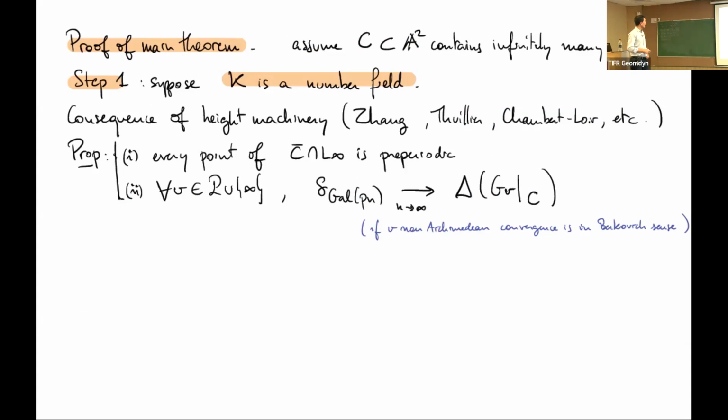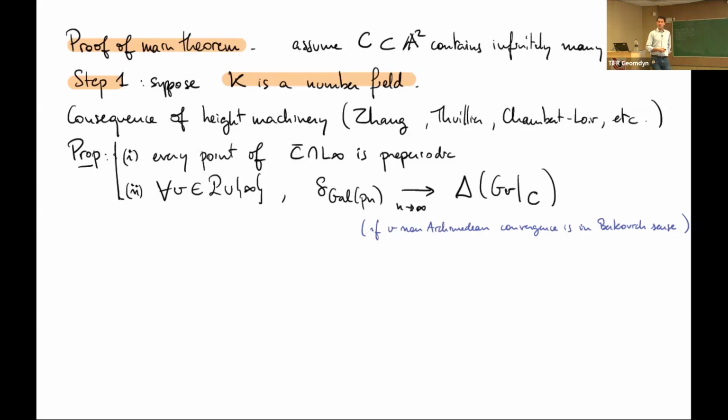So you assume that F is a number field, and we will apply, not exactly, but let me state it like this, the same idea of Galois invariance of the curve. So you have this curve, which contains infinitely many points, and it is essentially invariant under the Galois group. Maybe if the curve is not defined over Q, you have to saturate it first by a finite thing, and then you have this invariance. Anyway, you have the same equidistribution phenomenon. If you look at your periodic points inside the curve, look at the Galois orbits, they equidistribute to something, okay? It's a theorem by these people, Jean, Tuillier, Chamberlois, etc.